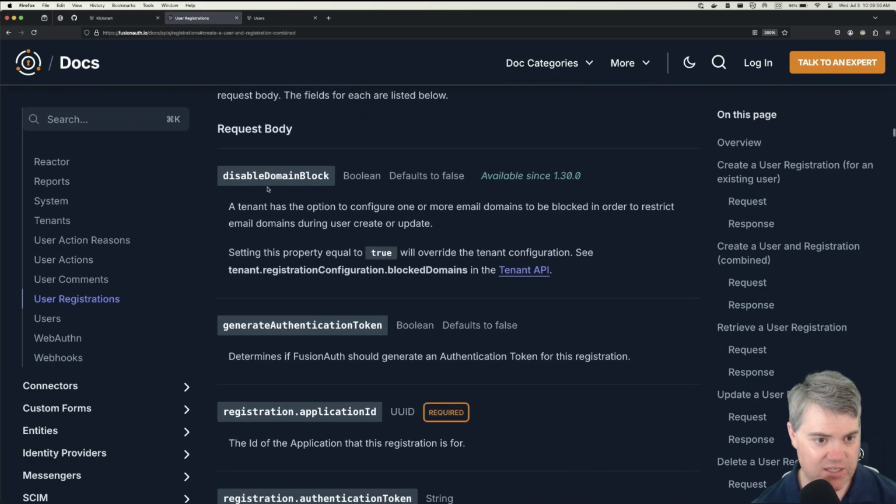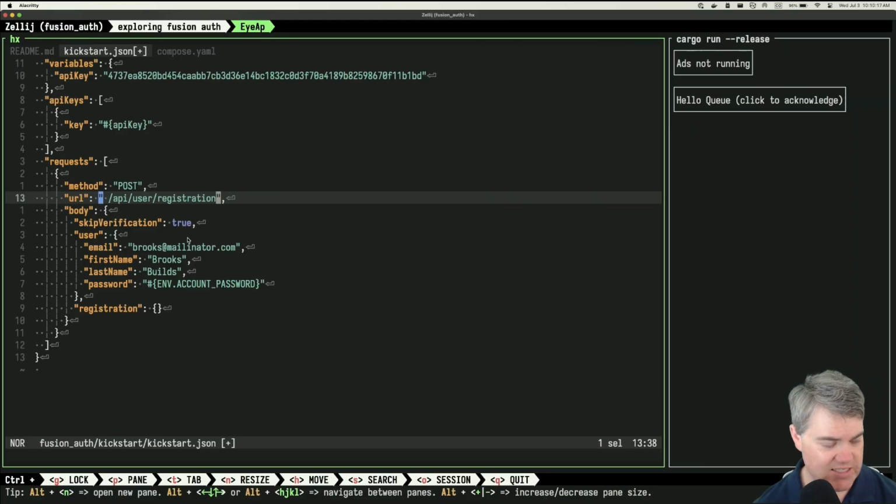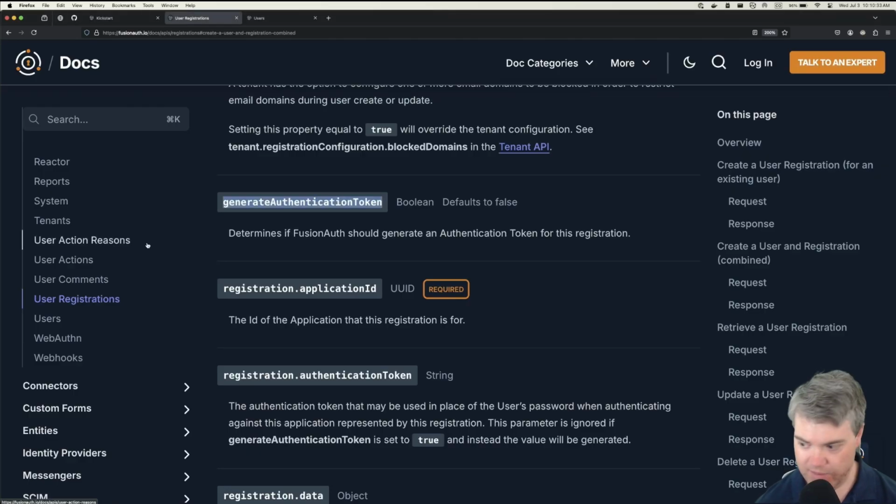Okay, so then we have the request body. Disable domain block defaults to false. Okay, I'm fine with that. Generate an authentication token. I guess right now we're going to set this to false, but I might need this to be true later. So I'm going to set this, this is in the body, right? I'm going to set it explicitly right now so I can remember to come back in and change it later